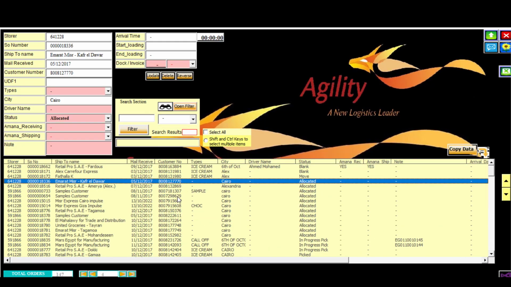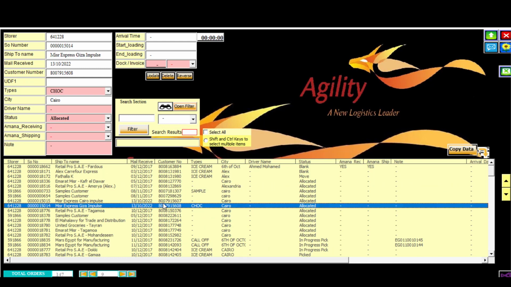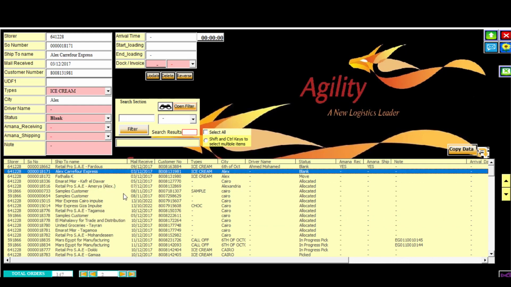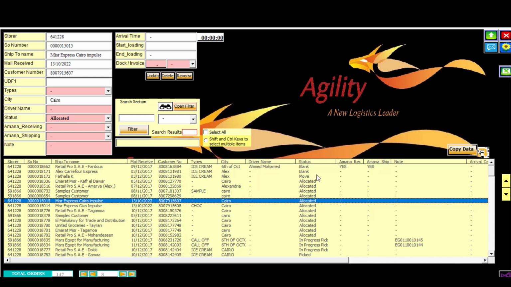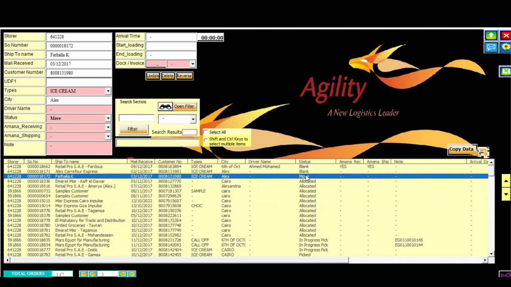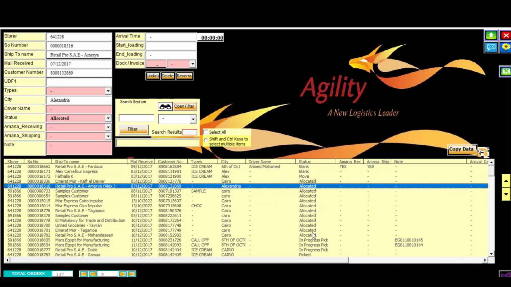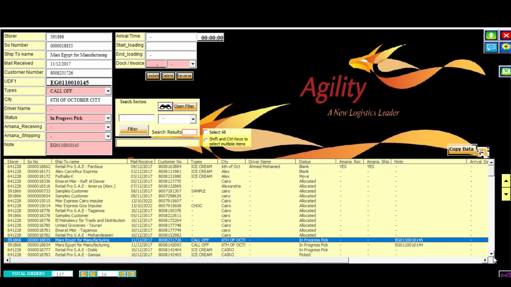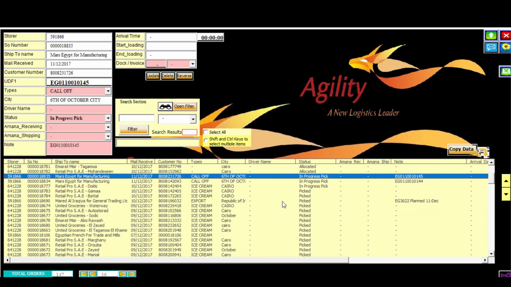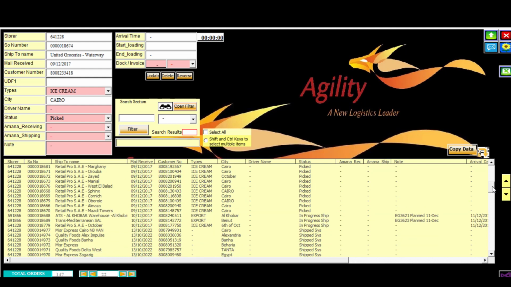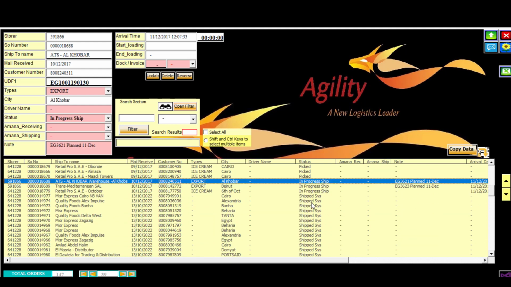And this is the outbound monitor for tracking shipment orders, start document time, and tracking the status of the order: blank, move, allocated, in progress, picked, in progress, shipped in system,